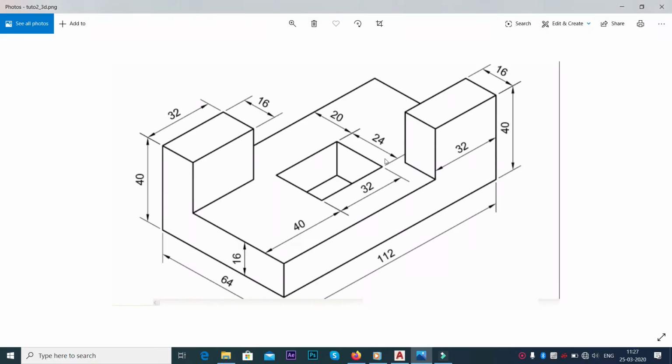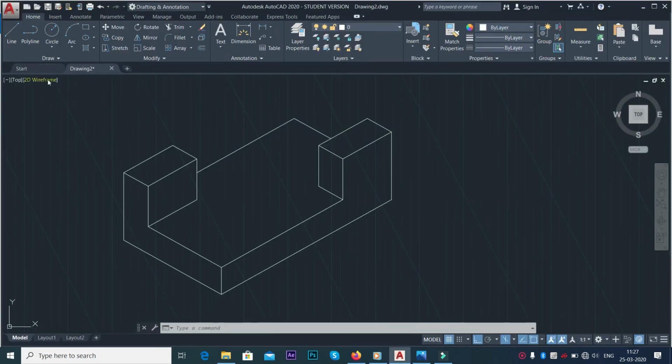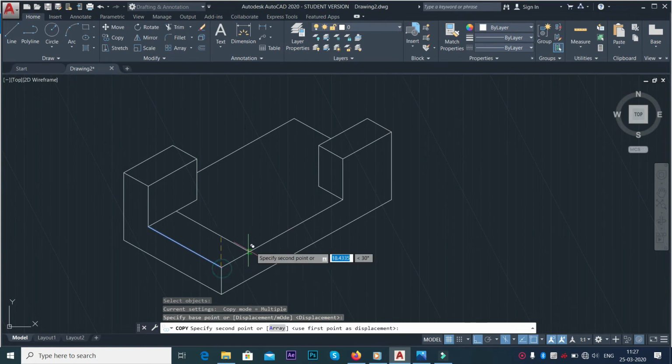Now the hole, the rectangular hole inside this object has to be created. So for that I will use the copy option. As you can see, this is 40, this is 32. So I will use the copy command, co, enter. So I'll select this line, right? So I'll select this line and click on enter, select the base point, and you can see this is going